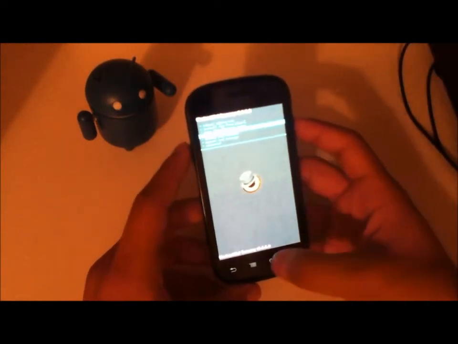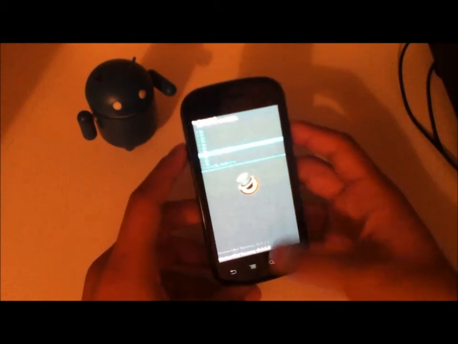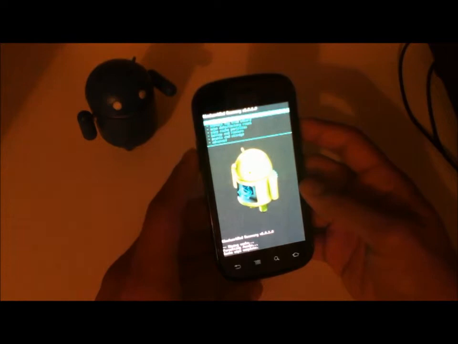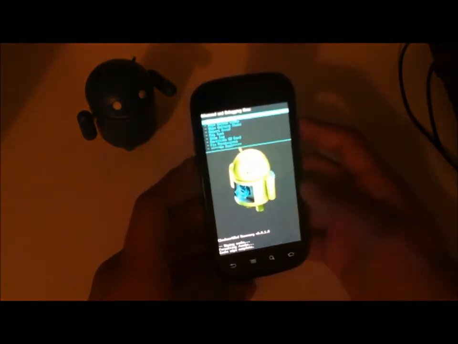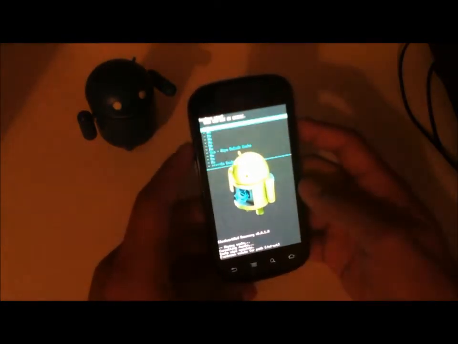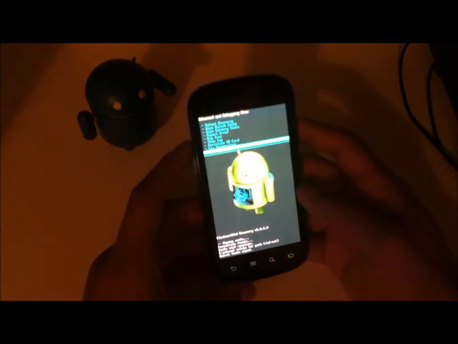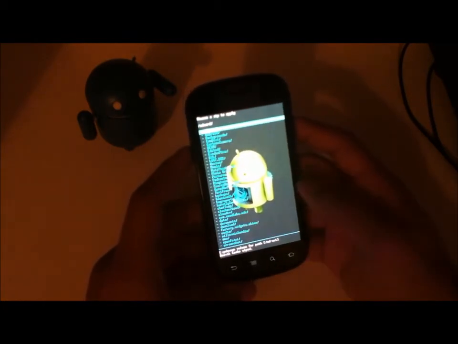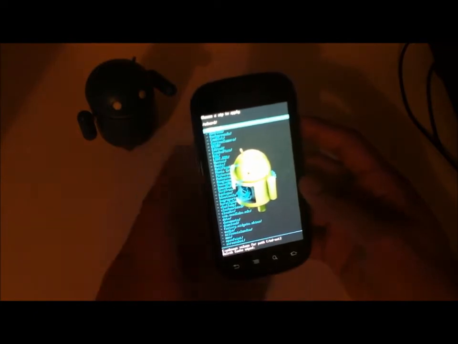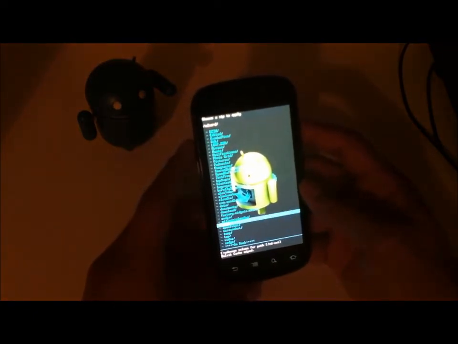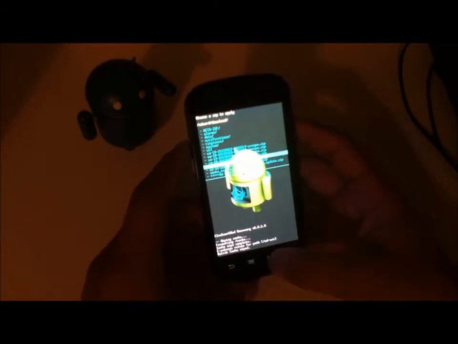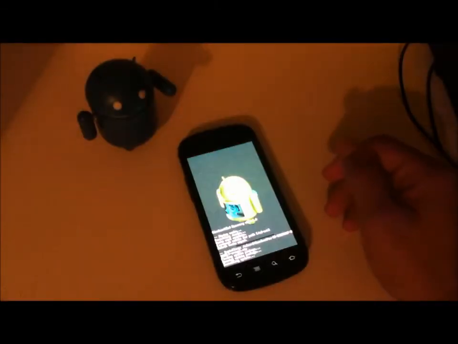So then you're going to go back down to wipe cache partition, because we want to make sure everything from the last failed installation is cleared, and then go down to advanced, wipe Dalvik cache, and wipe the Dalvik cache again, and then go back, install zip from SD card, choose zip. Now this is where you can do one of two things. You can do what I'm doing and install the previous 917,